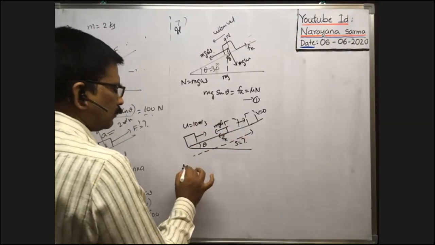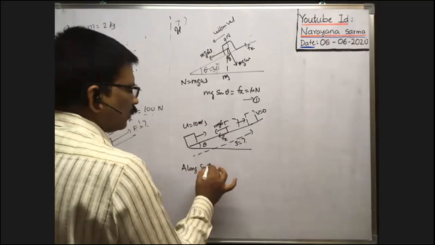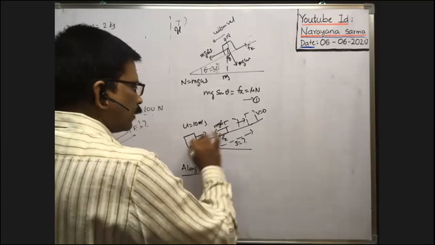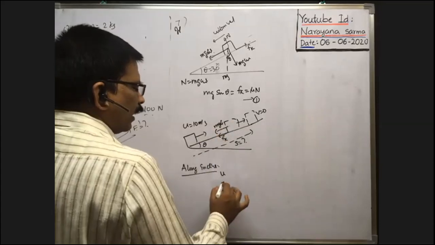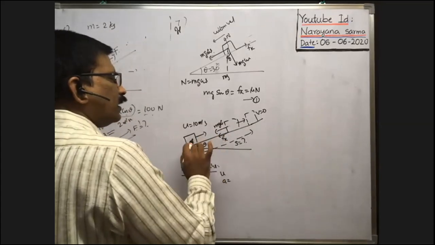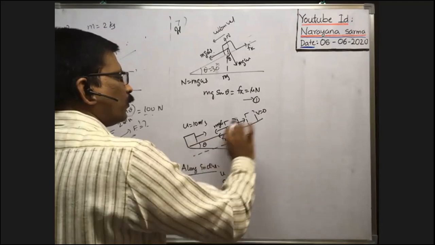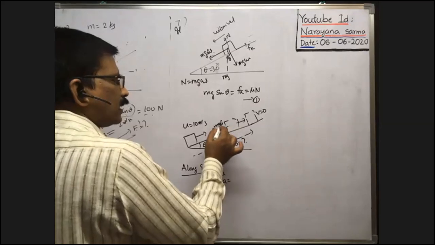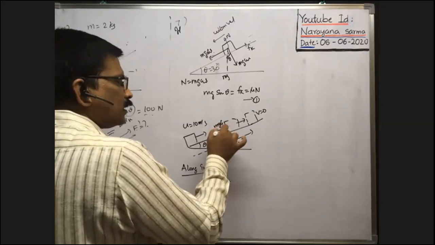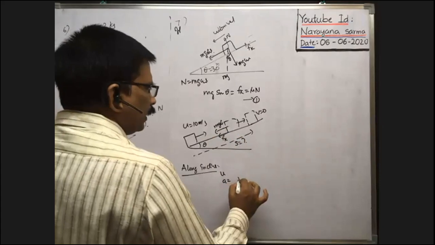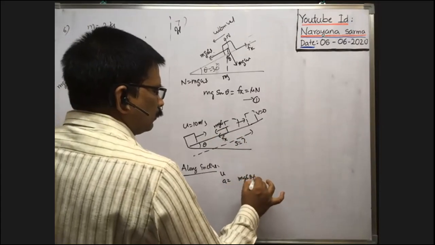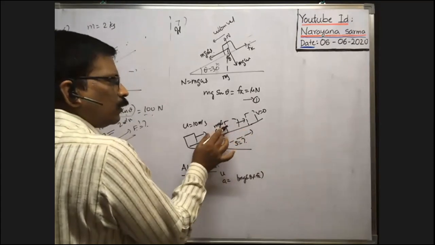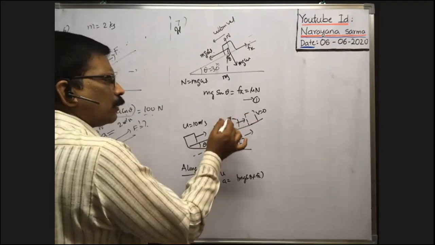So along the incline, first I want to derive the formula directly. The initial velocity, the velocity of projection, is u along the inclined plane. Whenever the block travels upwards along the inclined plane, the total force acting on the block opposite to its motion is Fk plus mg sin theta. The sum of these two forces, mg sin theta plus Fk, opposes the motion of the block.